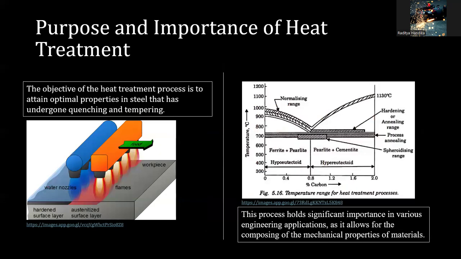The second topic is the purpose and importance of heat treatment. As mentioned before, heat treatment is a process of heating and cooling materials, particularly metal, to modify their microstructure and enhance properties such as tensile strength, hardness, and toughness. This treatment is crucial for metals like steel, as it allows engineers to produce phases like martensite, ferrite, or pearlite, each corresponding to specific mechanical needs. For instance, creating martensitic steels involves rapidly cooling, or quenching, an austenitized specimen to produce a hard, strong yet brittle microstructure that enhances overall mechanical strength.